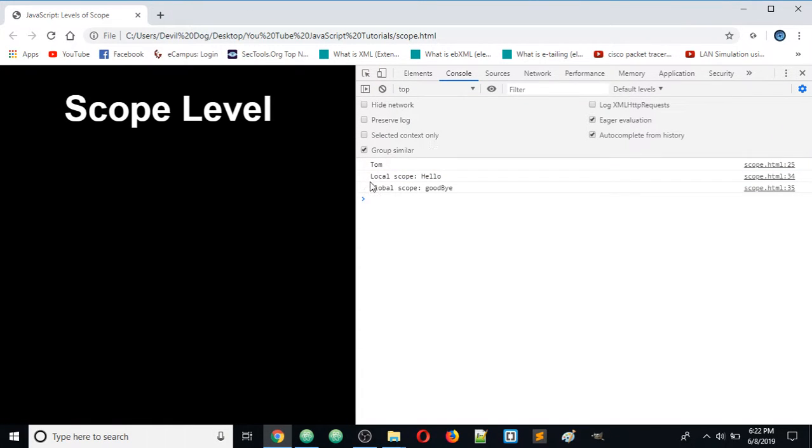And you see the global scope variable prints goodbye. So neither one of these, they're separated in a sense. Neither one of these variables is modifying one or the other, because one's tucked away and it's only local or private to the function. It's called functional scope. So it's safe in there. It doesn't modify this one, and this one can't modify the one